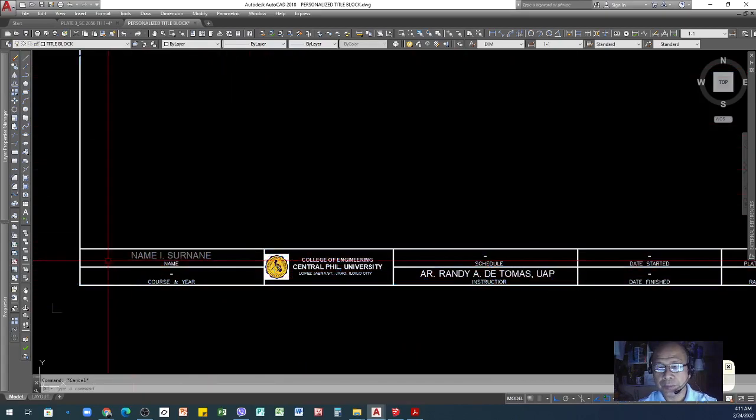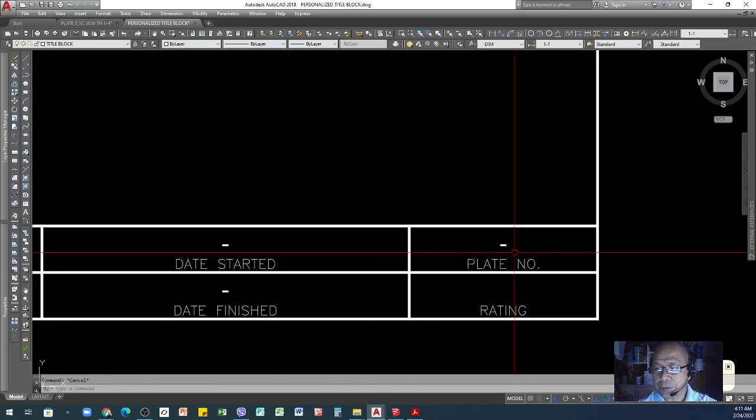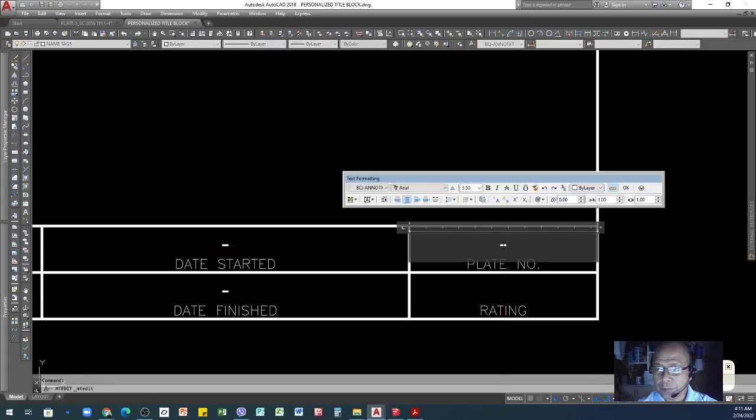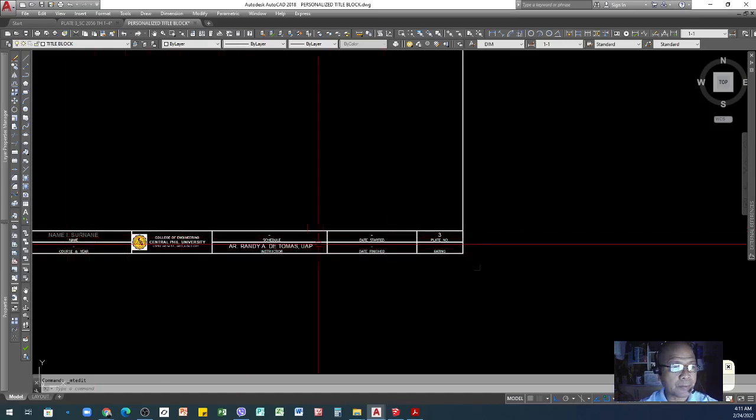If you already filled in that information, all you need to do is change the plate number to plate number 3, and then complete the rest.